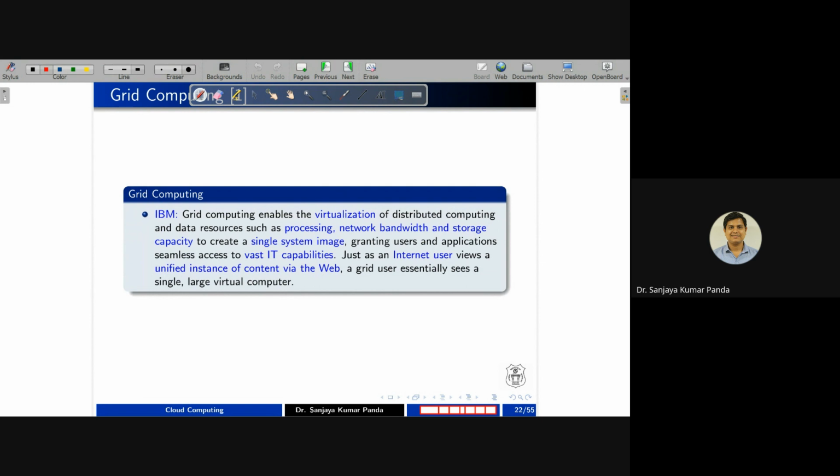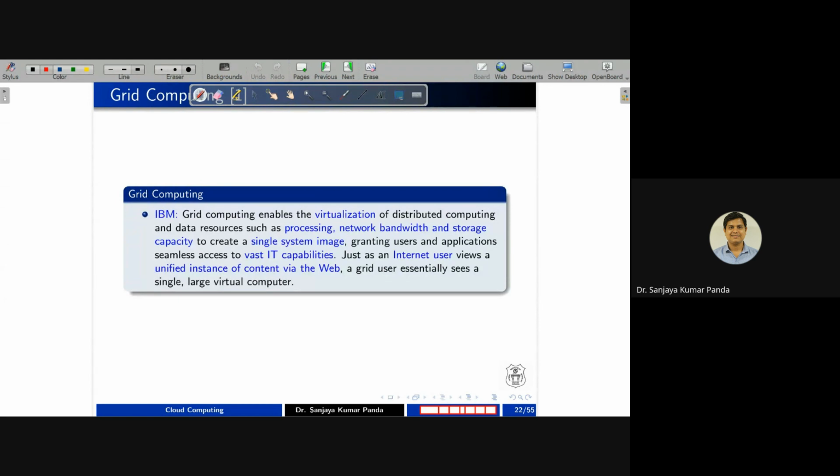Whenever we use anything like Gmail, we have a web browser. Through the web browser, we type Gmail and with internet connectivity, we access it. So every service is provided through a web browser. In the cloud also, if you go for Amazon or Google, for any service you want, you make a request by creating a respective account and you access that account through a web browser.